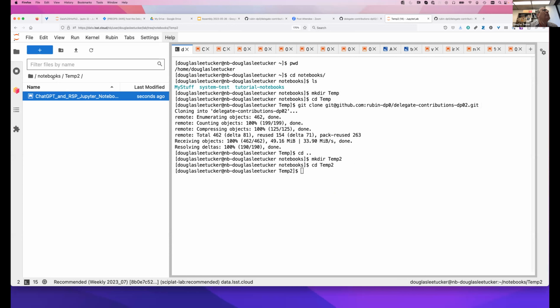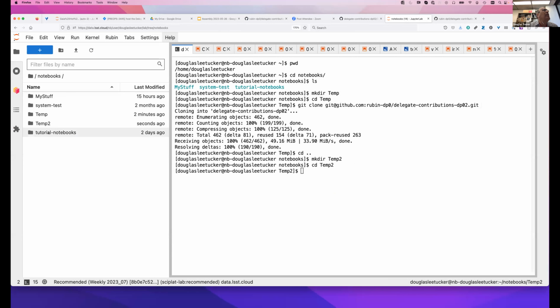Did anyone have any problems doing it with just the git clone? I didn't have a problem with git clone. All right, anyone else? Okay, in that case, I will now stop sharing screen and hand it over to Allan. All right, Allan, please take it away. Thanks very much.